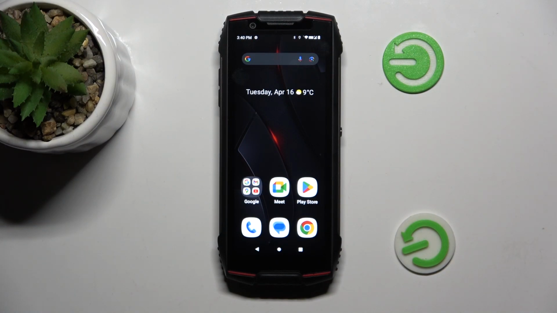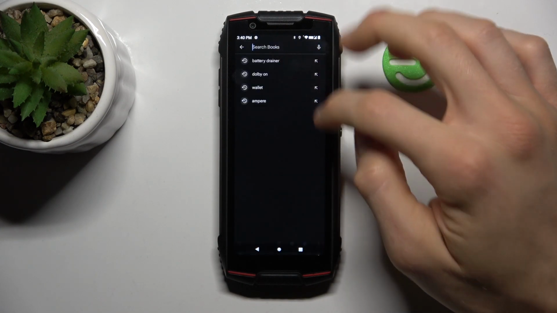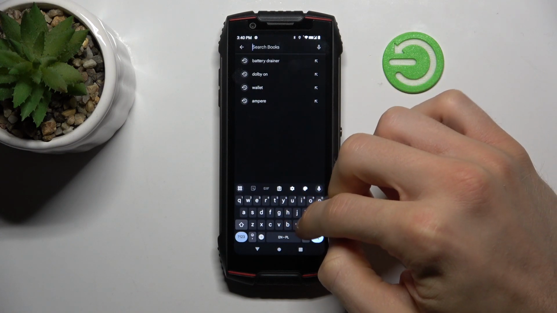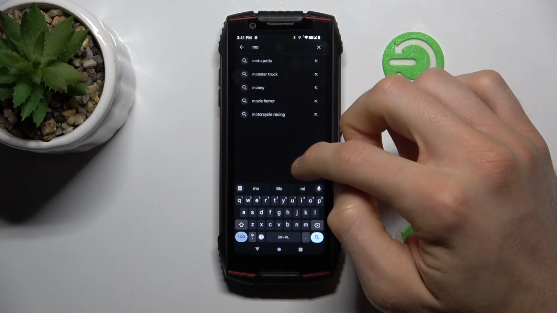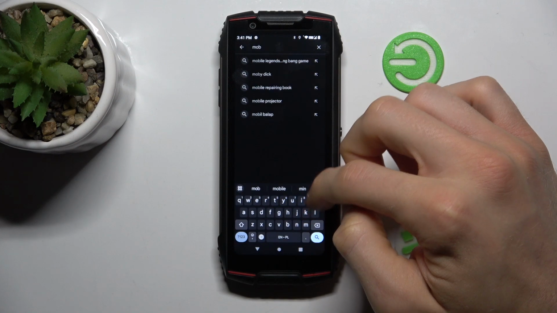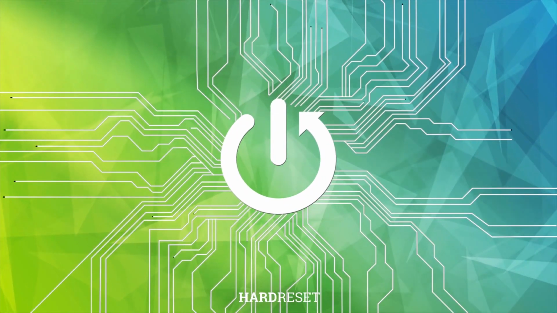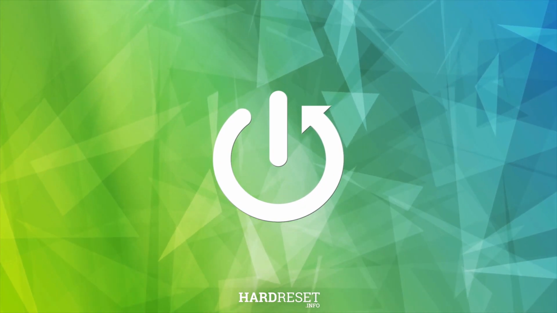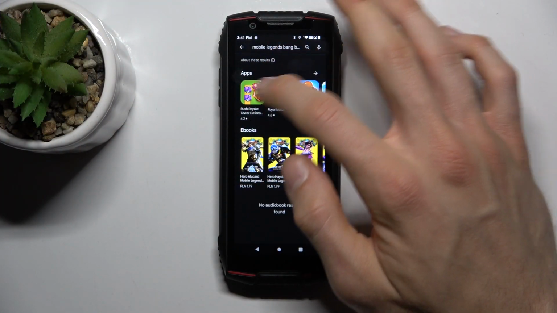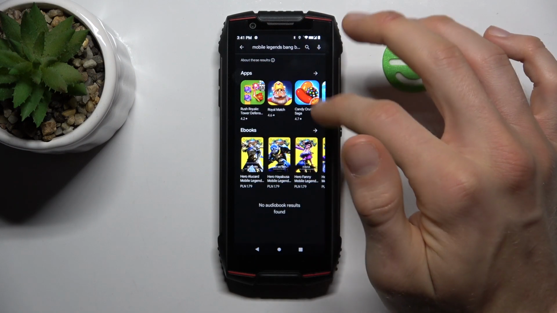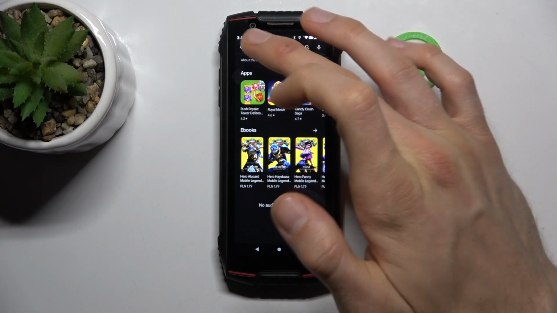Today I have the CUBOT KingKong Mini 3 and I want to show you how to fix the problem when your games or applications, such as Mobile Legends, are not visible on your device, as in my situation. When you try to search for your game or application, you can't download it, you don't have it there, you must